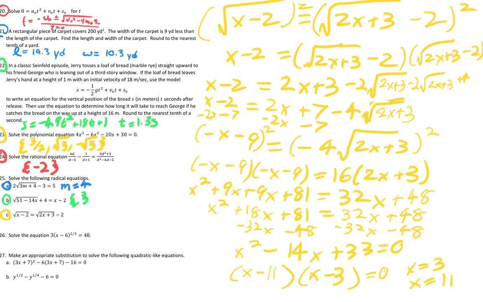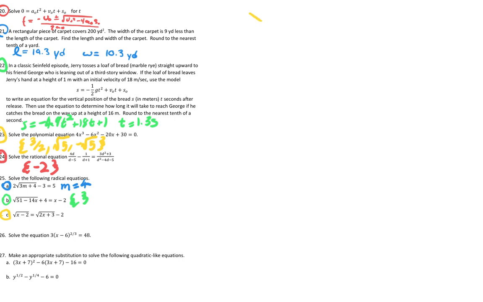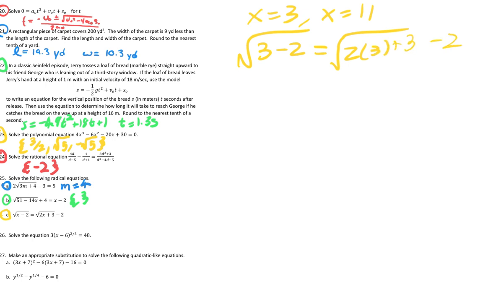But now what we want to do is check to make sure those are valid solutions. So I'm going to go back to the beginning here. I'm going to erase all this, if it'll let me. So we said x was equal to 3 and x was equal to 11. We're going to plug that back in. So we're going to have the square root of 3 minus 2 is equal to the square root of 2 times 3 plus 3 minus 2. If we plug that into our calculator, we're going to have 1 on our left side,